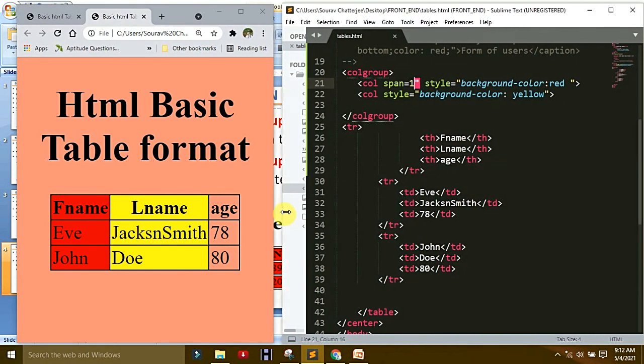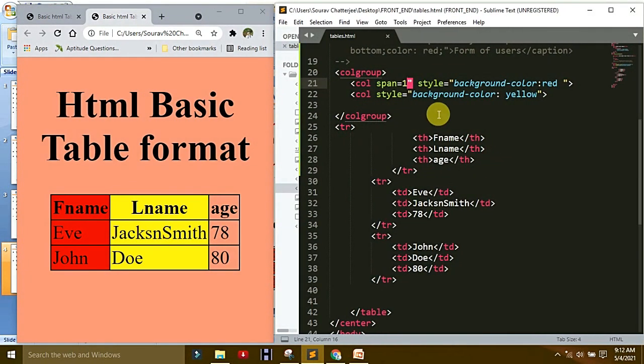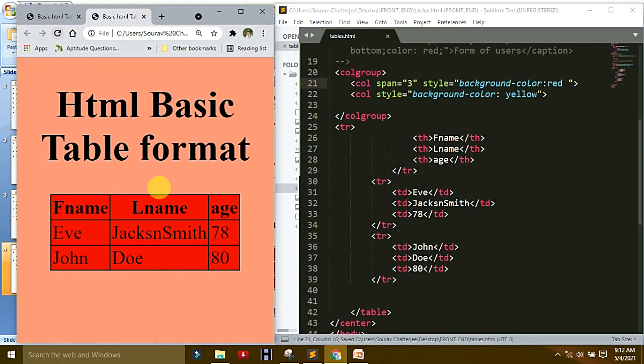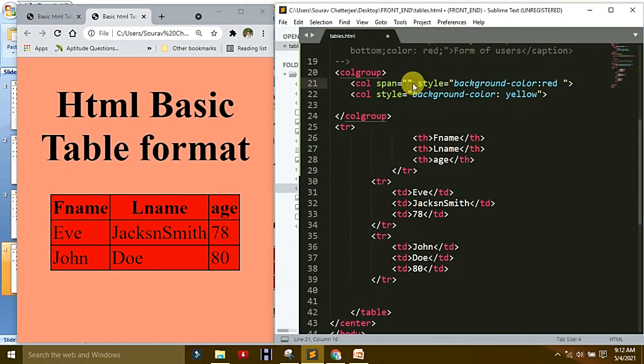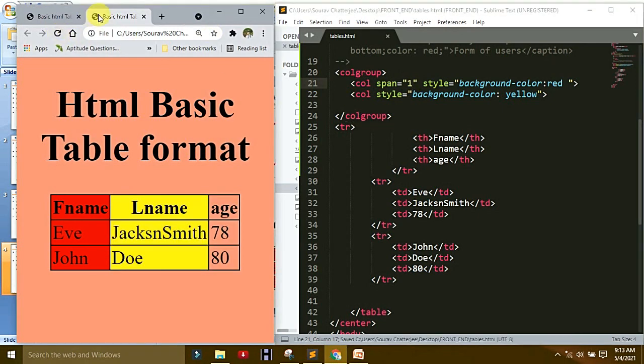Span means how many columns you want. That is the use of span. If you write 3, it takes all columns, because three columns are there. Save it and refresh it. We saw all columns are red. If we want only 2 or 1, refresh it again and we see the changes.